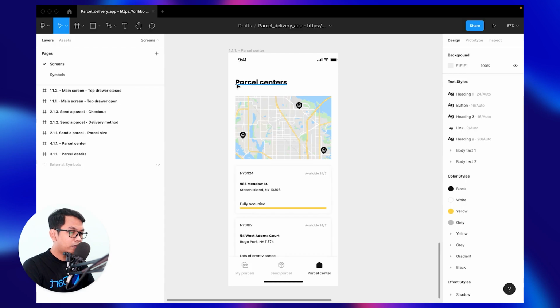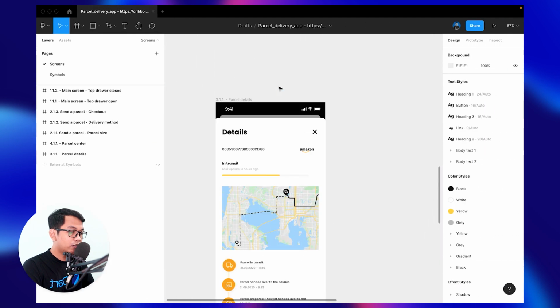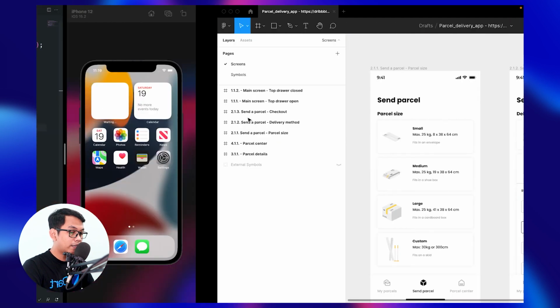And in this design, we will see a title, so it's similar with the previous, so we just need to copy from send parcel screen.